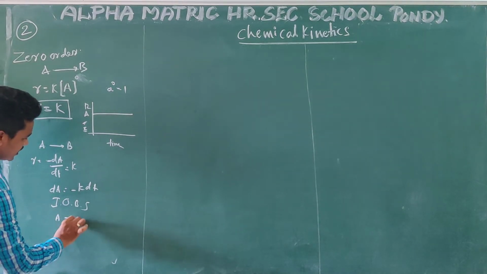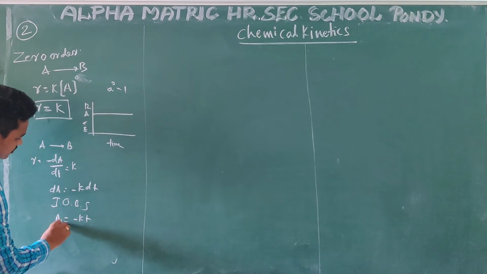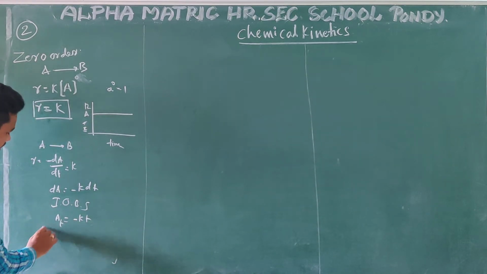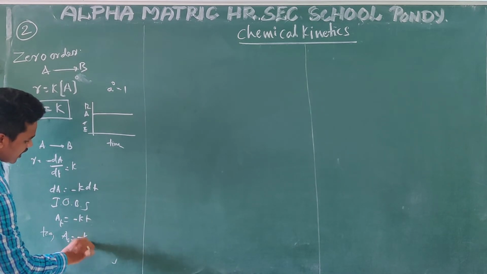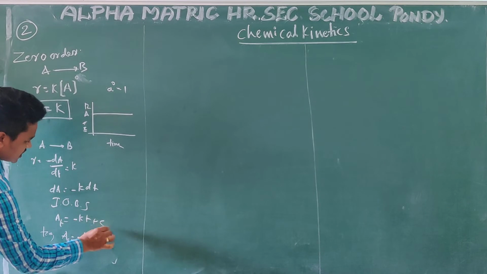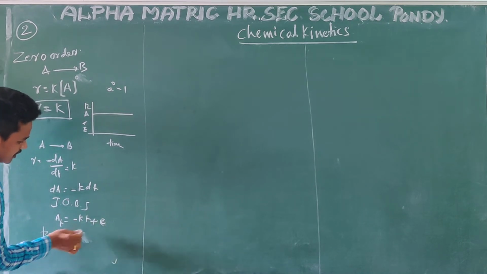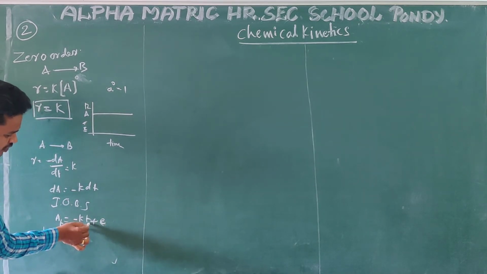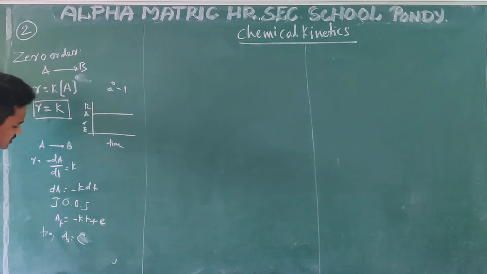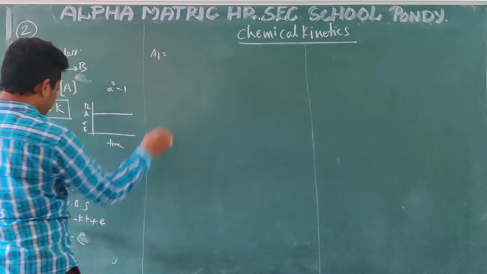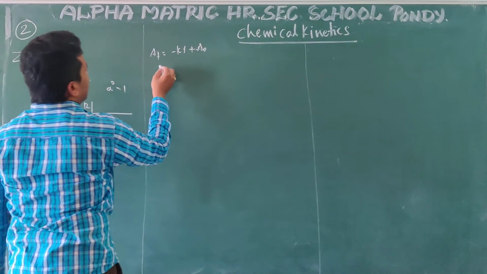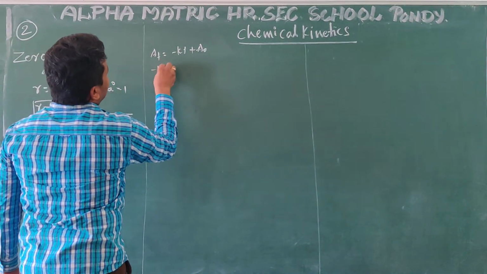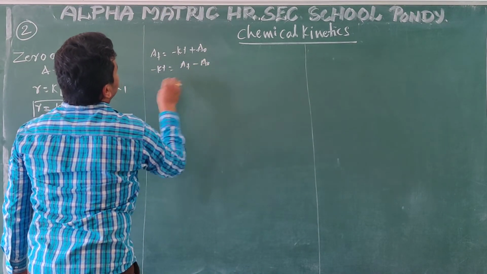Here a is coming, and here k and t are coming. At the time, if t value will be 0, a will be initial, k plus c will come from integration. Here t will be 0, this value will be 0, overall value will be 0. C is like a naught. After that we substitute: at is equal to minus kt plus a naught. What I can write here is minus kt is equal to at minus a naught.